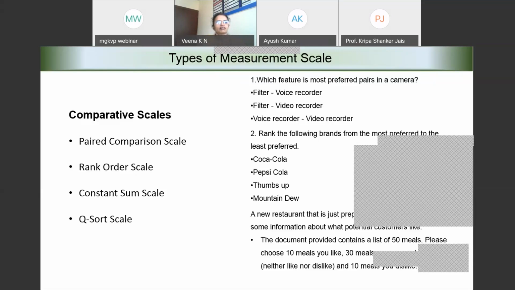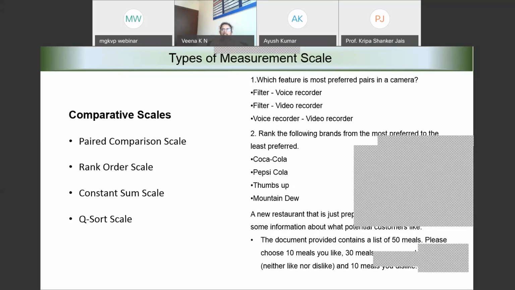And then we talk about what is known as the constant sum scale. The meaning of constant sum scale is, suppose when I talk about the ranking of these different beverages, it could be possible that somebody will not understand how to rank it. Instead, what we can do is, the total preference could be fixed as 100%. The total preference being 100, I would like to give a response to these 4 about what is the possible preference percentage.